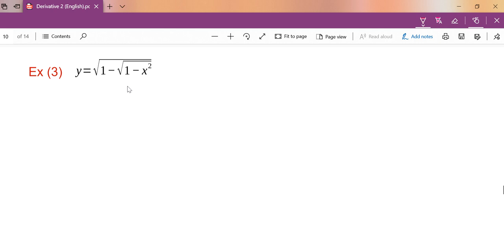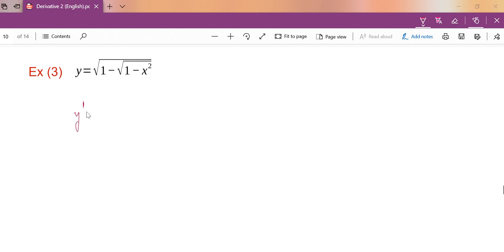But in order to use the first principle, first I should be clear about what my point of contention is. Where do I have a problem? It is not even clear. So we have to boil down to the third one. What does the third one say? Just find the derivative. So let's find the derivative.